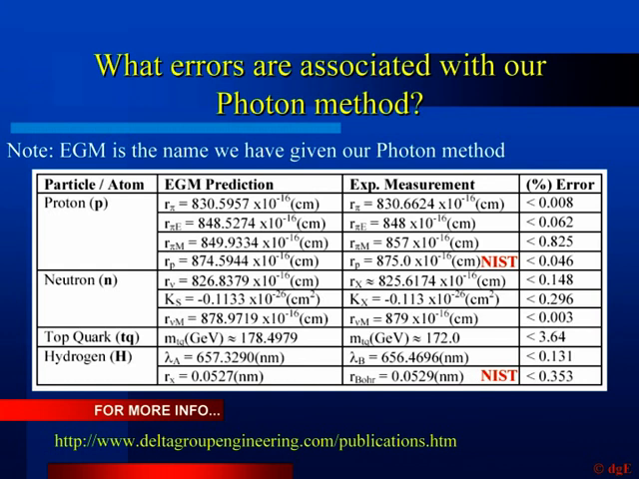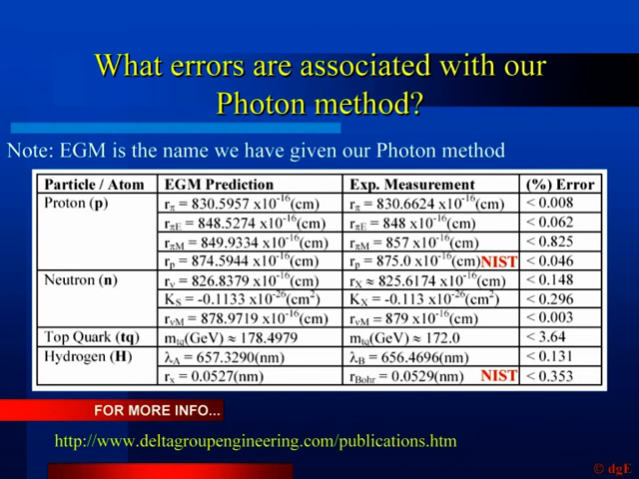What errors are associated with our photon method? EGM is the name we have assigned our photon method, and is an acronym for electrogravity magnetics. This table compares our EGM prediction to physical measurement for 1. The root mean square charge radius of the proton as determined by the Sick collaboration. 2. The electric and magnetic radii of the proton and the magnetic radius of the neutron as reported by Hammer